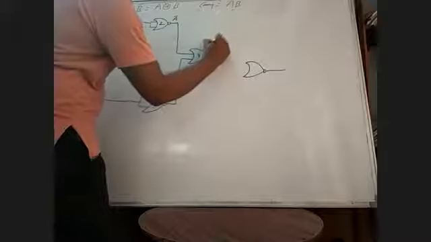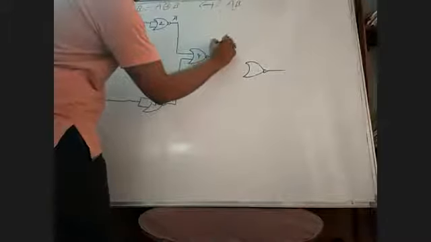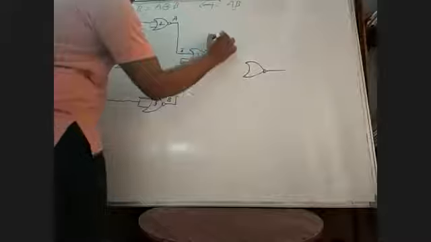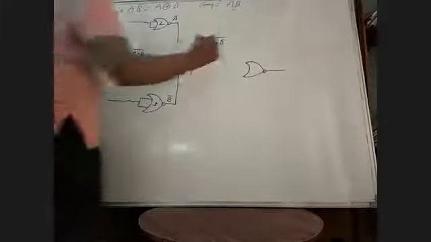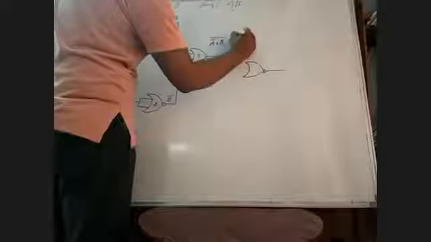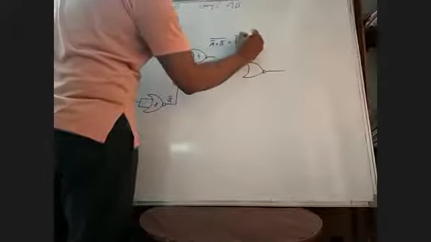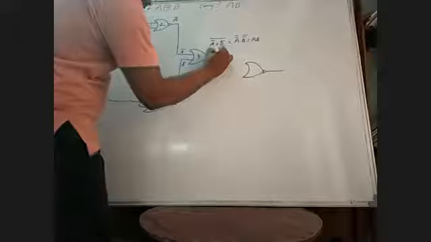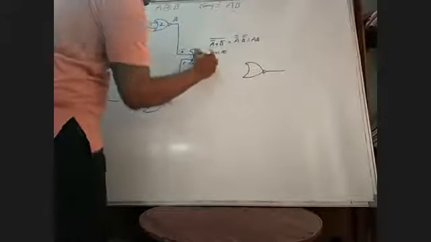Here this is A bar plus B bar. ఇక్కడ A bar వచ్చింది. A bar, B bar, whole bar. And if you apply the De Morgan's law, this will be equals to A double complement into B double complement. This will be equals to AB. That is, we are generating the carry output. This is AB is generated across the NOR gate 4.